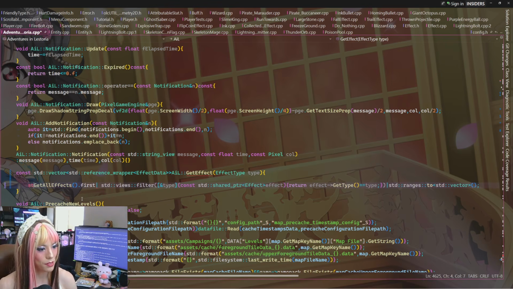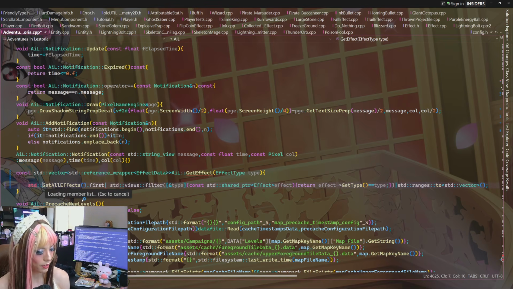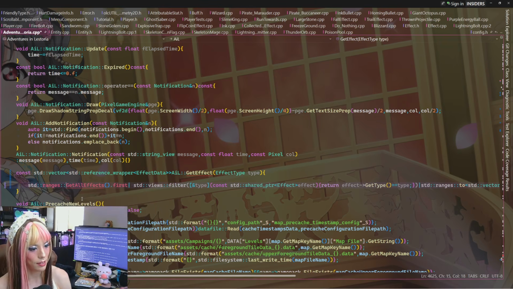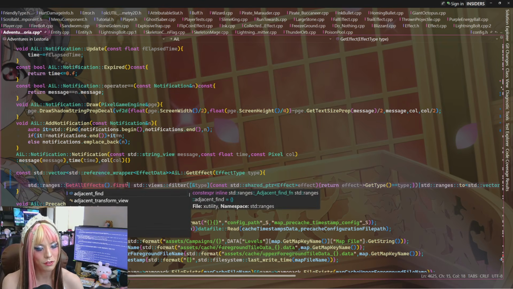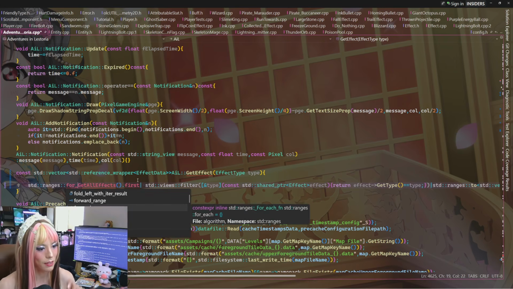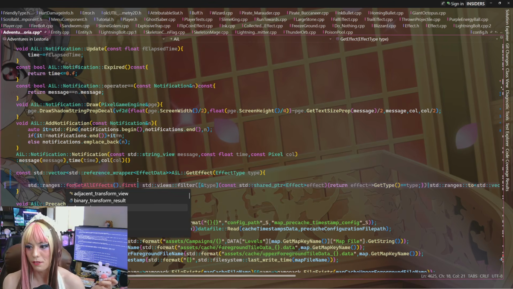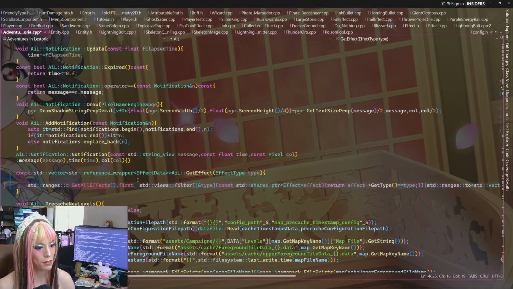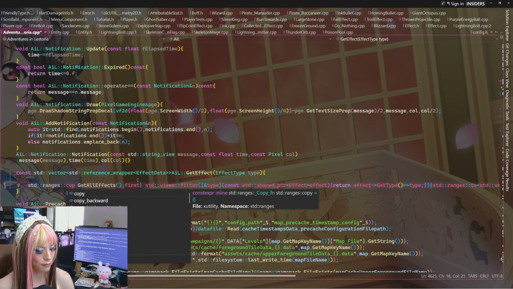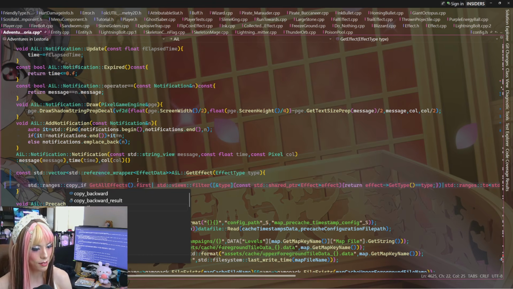So I think we just do a standard ranges for each here. That makes more sense. And if it matches, we can filter then by type. And the for each will just be for adding it to an array. I guess that would mean we can do a copy if too. Copy if makes more sense. I think we found out copy if does exist in here.